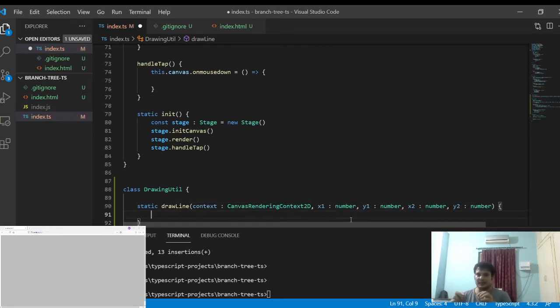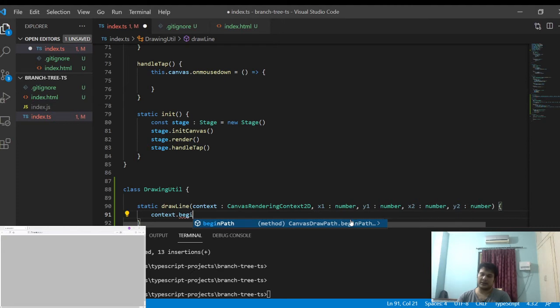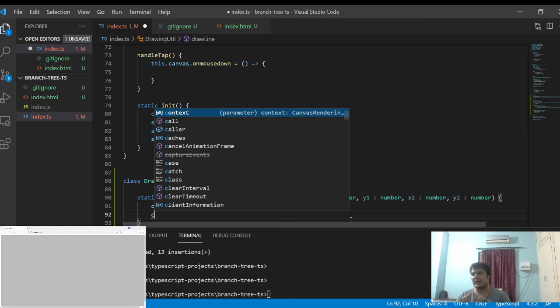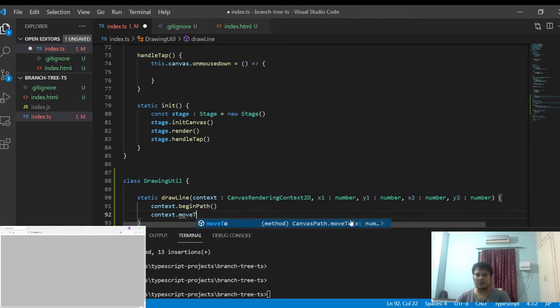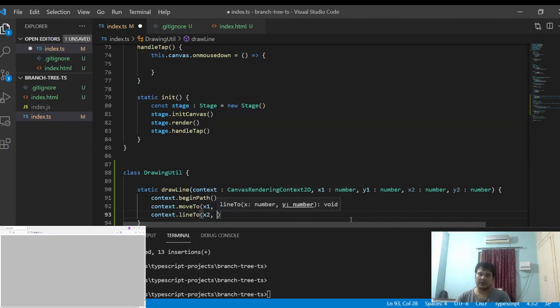So we'll draw a line from x1 y1 to x2 y2. And for that we don't have any method in context. So generally we begin a path, we define a path, and we move to x1 y1, and then we draw a line from x1 y1 to x2 y2 using context dot lineTo. The first one will be context.moveTo. It will go to x1 and y1. Then context.lineTo, then x2 y2.